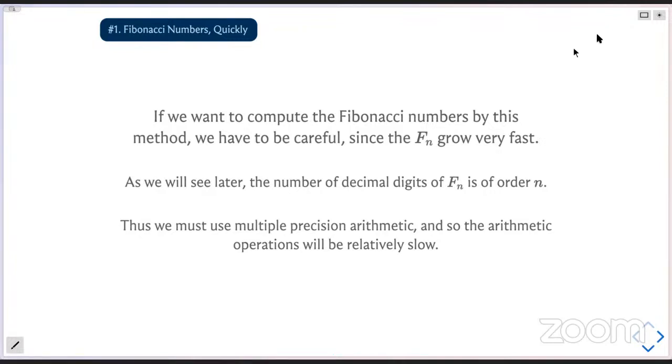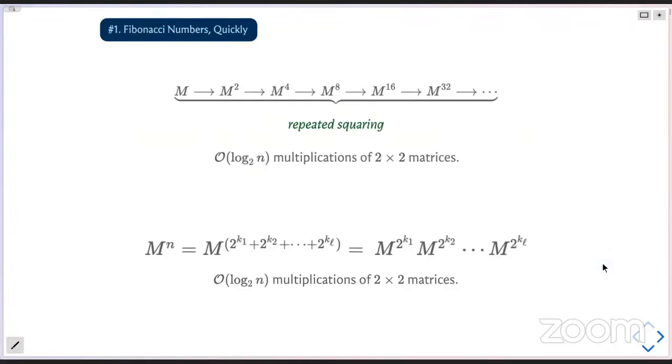But at least in terms of the spirit of why this makes for an efficient method for computing Fibonacci numbers, I hope that the main message is clear: the matrix M comes in handy for expressing the nth Fibonacci number. That's kind of the main message here.